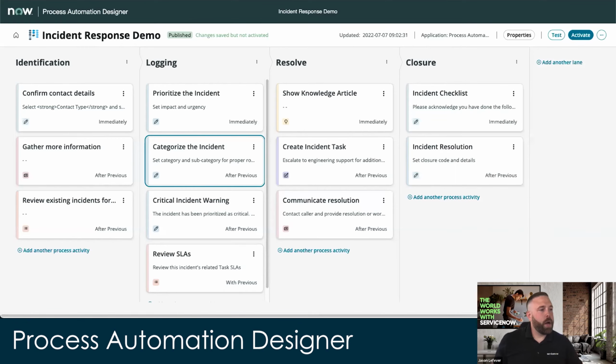Okay, so what I'll do next is I'll give you just a sneak peek at a playbook in Agent Workspace. So this incident response demo has interactive activities. We don't really have any non-interactive activities, such as something that does some back-end processing and progresses the process. All of these will present a screen to my agent as he or she is working on an incident. So I've